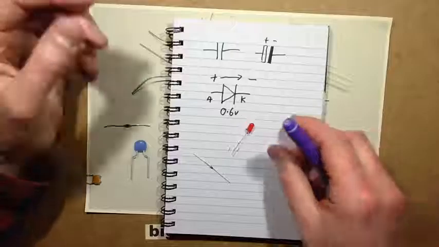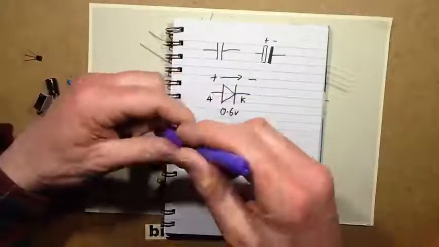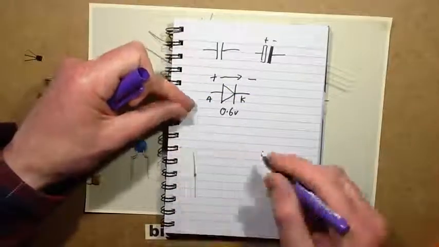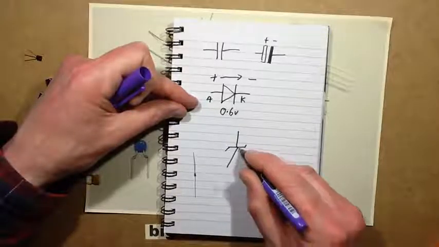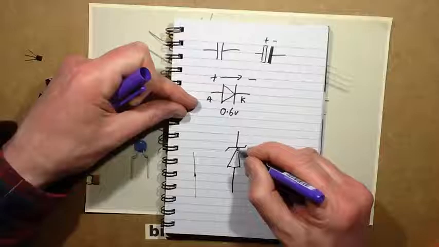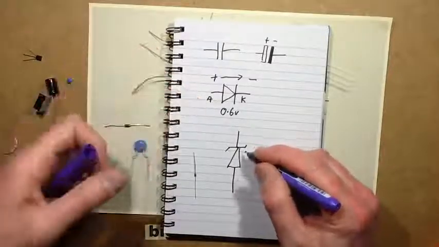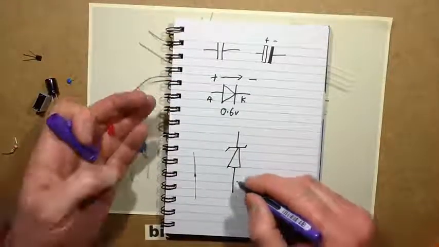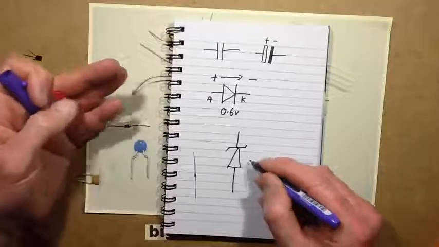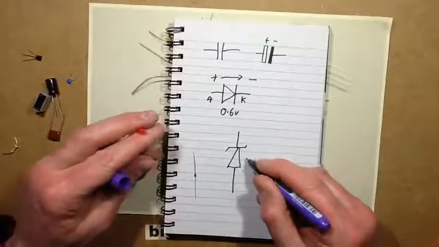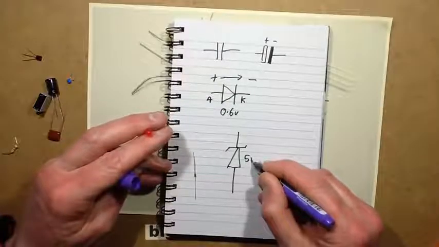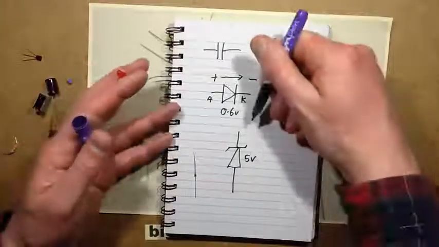Let's look at the other diodes, Zener diodes. A Zener diode is a diode used for voltage regulation or to provide a voltage reference. It will act like a normal diode if you pass current through it in the normal direction, and it drops roughly about 0.6 volts. But say for instance you want a 5 volt supply, you get a 5 volt Zener, and when you actually